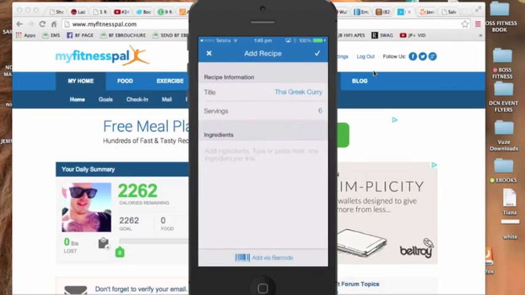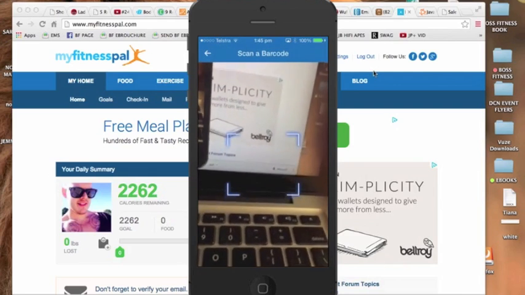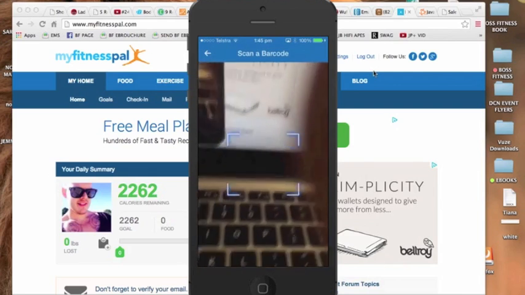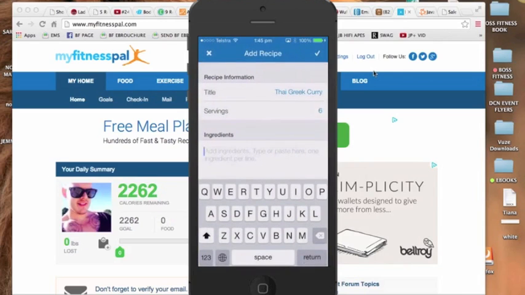And then you'd probably just add in your ingredients via barcode as well. Obviously not for the fruit and vegetables. You'd put that in by yourself manually. And then from there, you'd save it as a recipe, and then you'd put your servings into containers or into bowls. And then each time you have an actual serving of that recipe, the recipe could even be something like protein balls or something like that,